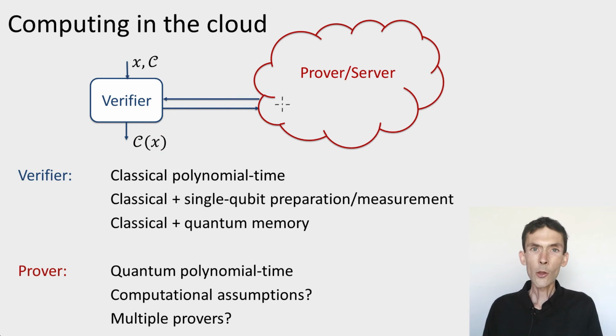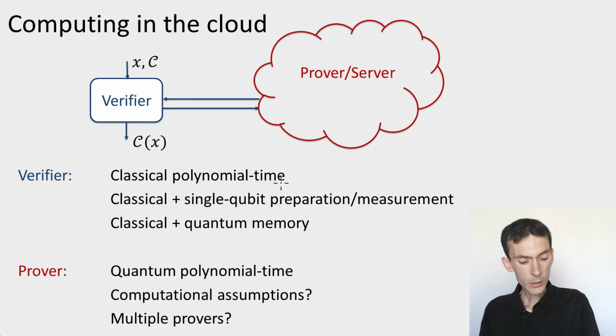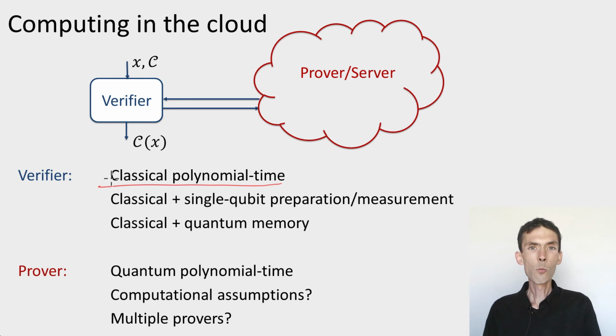But it need not be the case, and both properties can hold independently of the other, and both are interesting to have. Now the last set of conditions to consider is how efficient the protocol is. After all, the whole goal is to save time for this verifier. It cannot execute the quantum algorithm by itself, otherwise this is what it would do. It cannot do a classical simulation, because otherwise it would do it. So we want this interaction with the server to save time. In the best of worlds, we'd have this verifier be a purely classical polynomial time, possibly randomized machine. This is what we'd like to achieve.